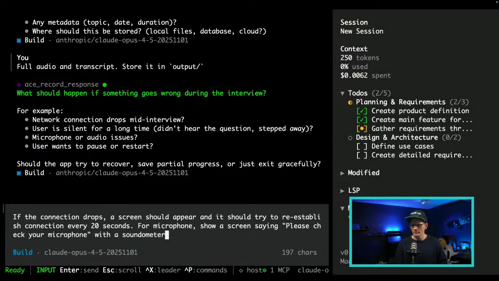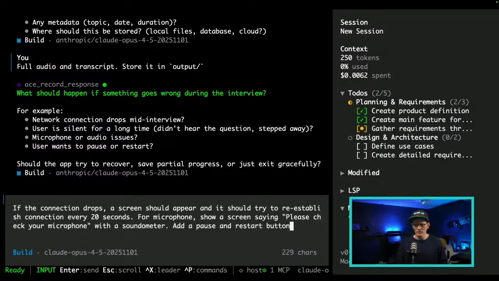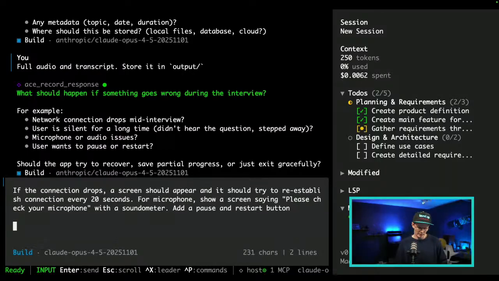It's probably not the right term. Add a pause and restart button. That seems sensible. Should the app try to recover save partial progress? Yeah, no, let's just not do that. Just exit gracefully for now.